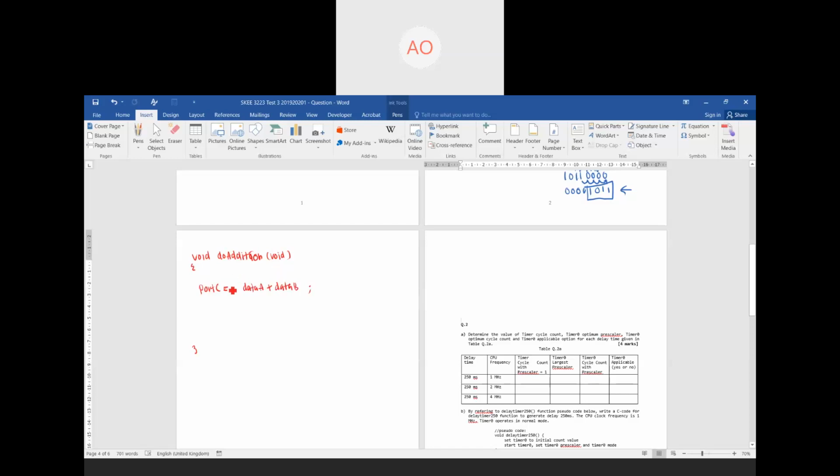What else are you going to write down inside here? Okay, send as an output. You already send it as an output because you see here port C equals data A plus data B, so this one you already send out to your port C. Before you send out this data to the port C, what are you going to do? You need to call your swap data